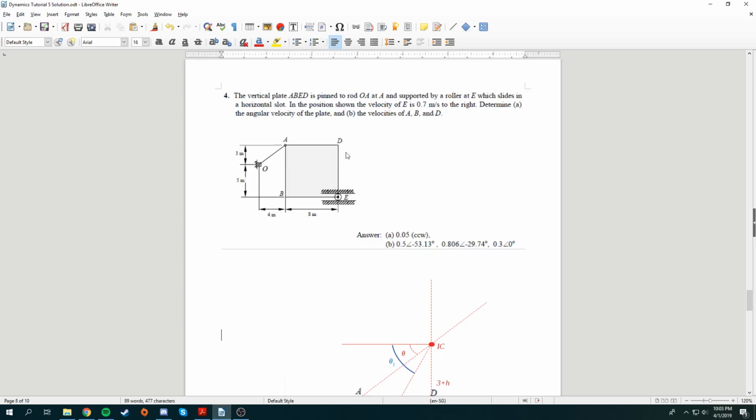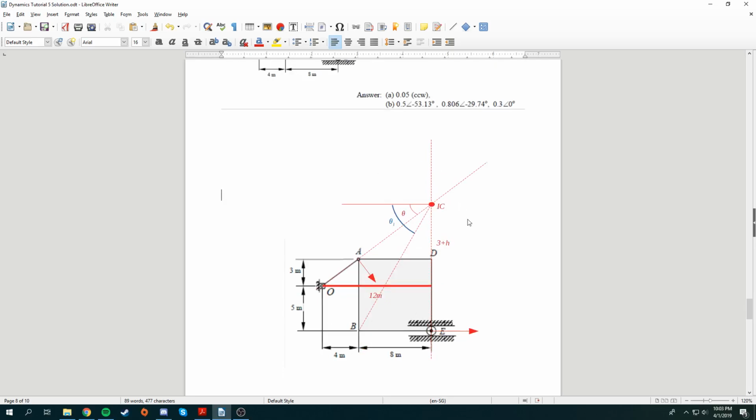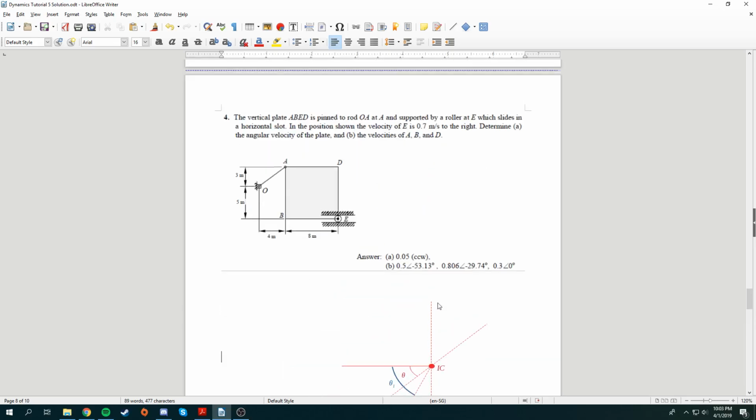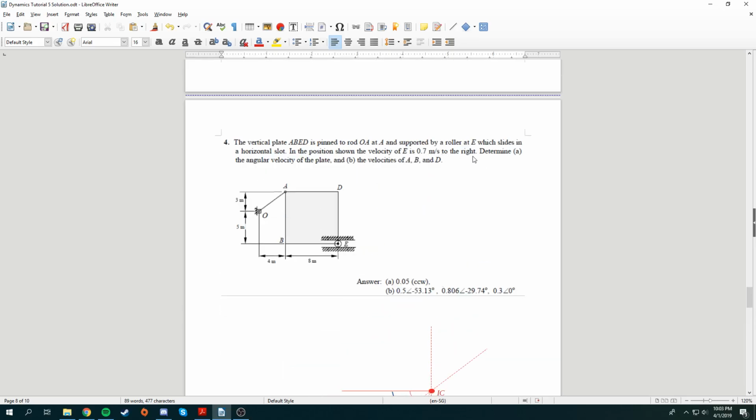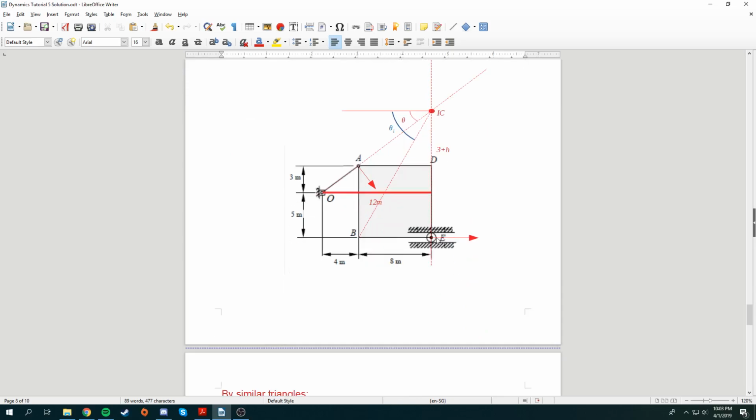A, B, and D. So I'll expand out the diagram. Now, how do I come about with this diagram? Firstly, I know that the velocity of E is given to me. That's 0.7 meter per second to the right, so I know the vector is pointing this way. Hence, the perpendicular line should be along here. So there's a line that cuts this way. To form the intersect to find the instantaneous center, I need another